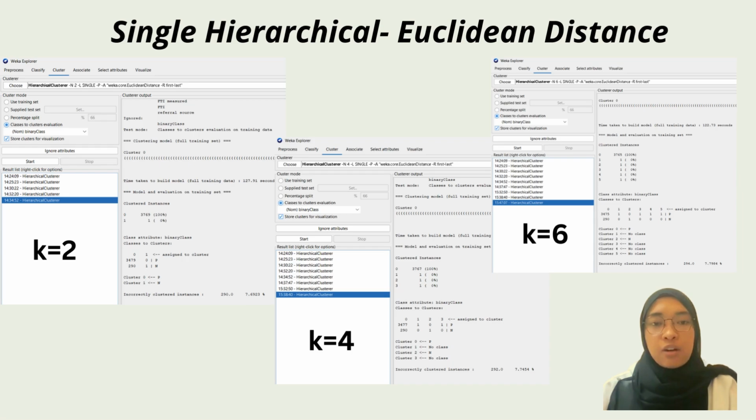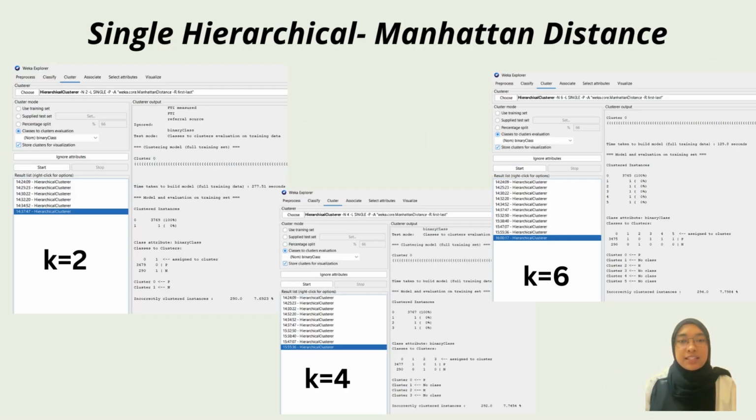120 seconds. For k equal to 6, the distribution was similar, with cluster 0 containing 3,765 instances and clusters 1 through 5 each containing 1 instance, resulting in a 7.7984% error rate and a build time of 122 seconds. Using Manhattan distance with k equal to 2, cluster 0 included 100% of the data, similar to the Euclidean result, with a 7.6923% misclassification rate and a build time of